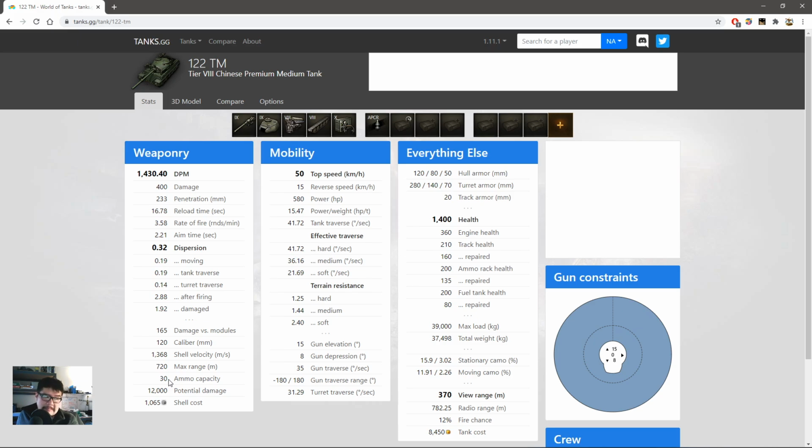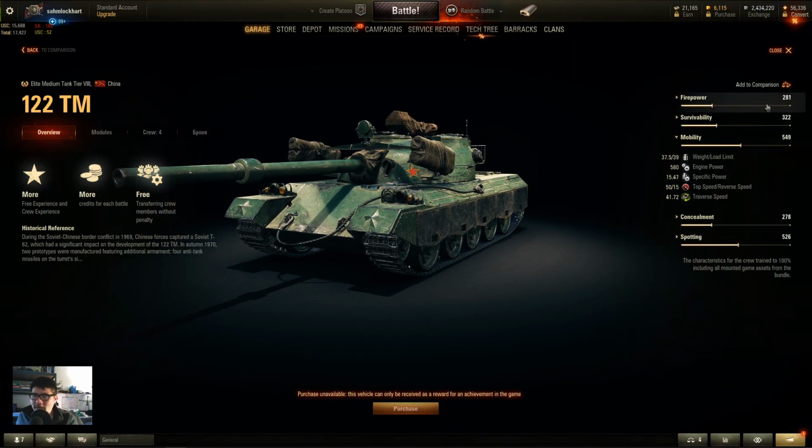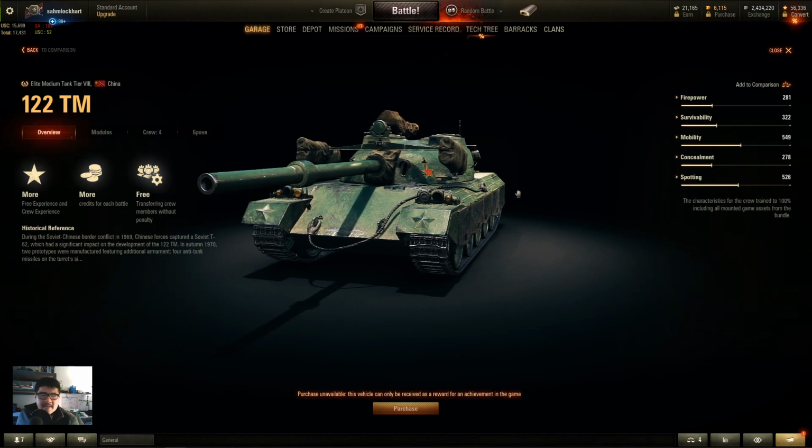So high penetration is good, but sometimes you spam too much. Well, this tank is not gonna spam shells. The reload takes forever. The hull traverse is rather quick. Top speed of only 50 kilometers per hour, reverse of 15. So you could put a turbocharger to make it a little bit better, but yeah, it's a heavy tank, heavy